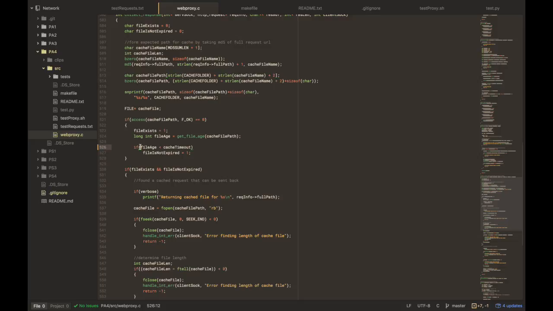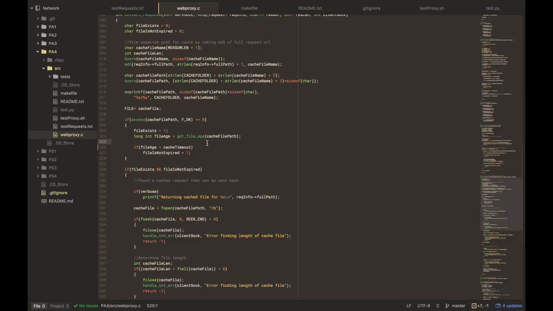And so there was a part right here where I was checking for the file age to be equal to the maximum value for a long, and that's what is returned here. And so I was setting it to not expired if the file age was the maximum, which is something that I realized was wrong when I was going through this, making this video, and so I took that out. That's not reflected earlier, but since none of those videos actually would have caused a file age to be that long, I don't think that it contributed to anything earlier on in